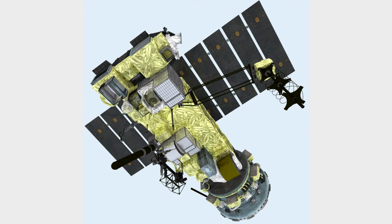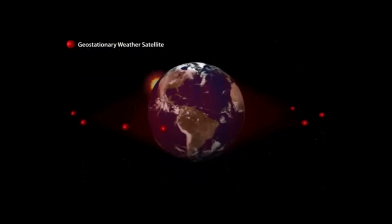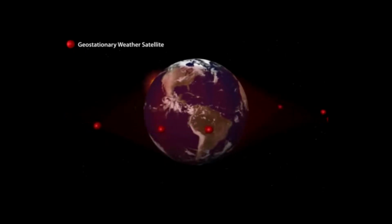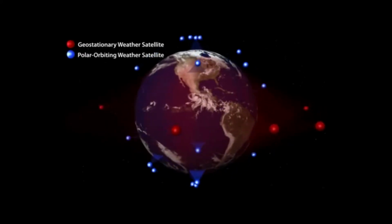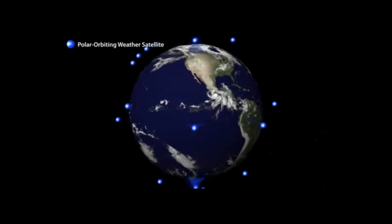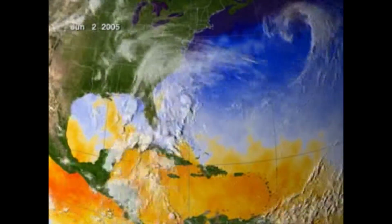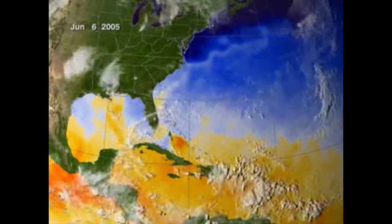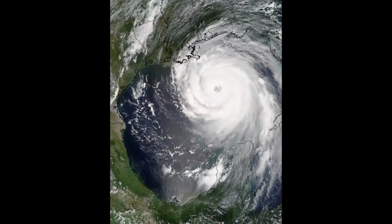To start, we're going to look at the observations furthest away from the surface of the Earth, satellites. There are two types of satellites that are used by forecasters in the National Weather Service. The first are geostationary satellites, which move in tandem with a rotating Earth, so they are always located over the same fixed spot. The second are polar orbiting satellites, which orbit the Earth in a circle route over the poles. Geostationary satellites are excellent for showing the atmosphere in motion as they take images as often as every 6 minutes. On polar orbiting satellites, however, many of the sensors have much higher spatial resolution, allowing forecasters to see more details